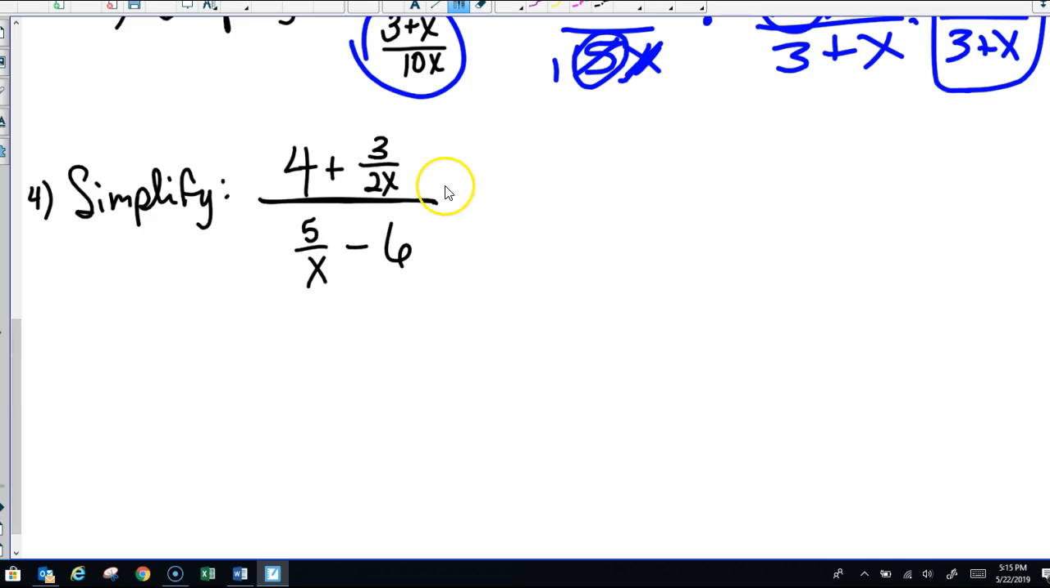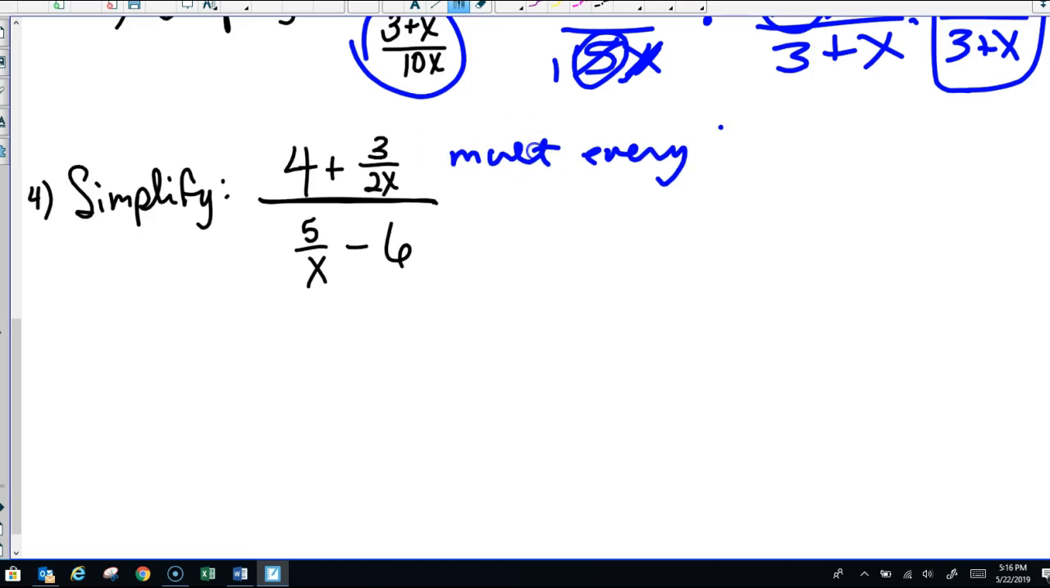Okay, so now on this one, the difference from this one to the one we just did is that I do not have one single fraction being divided by one single fraction. So I cannot just straight multiply by the reciprocal. Instead, what I have to do here, I have to multiply